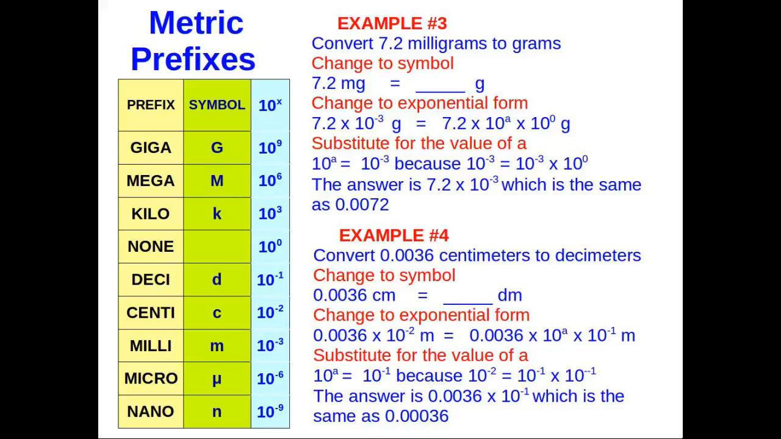Now we should get the value for a. So 10 to the a should be 10 to the negative 1 because 10 to the negative 2 is equal to 10 to the negative 1 times 10 to the negative 1. So the answer is 0.0036 times 10 to the negative 1, which means that we move the decimal point 1 place to the left. So the answer now is